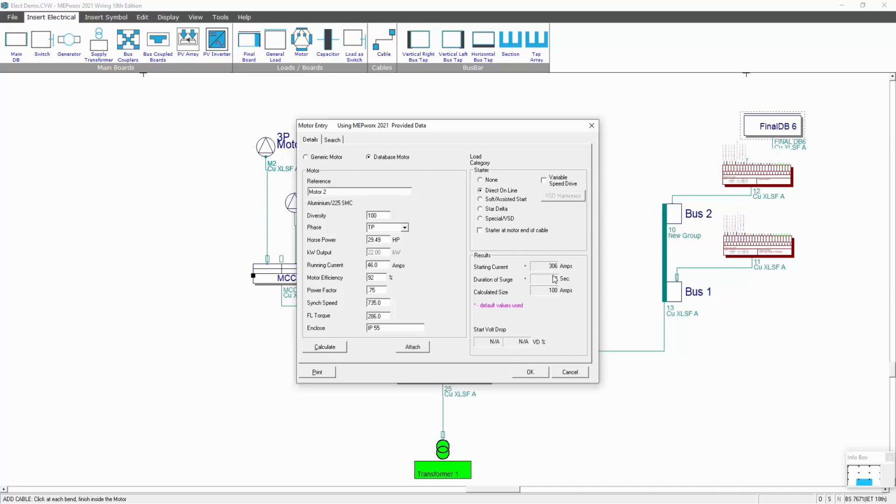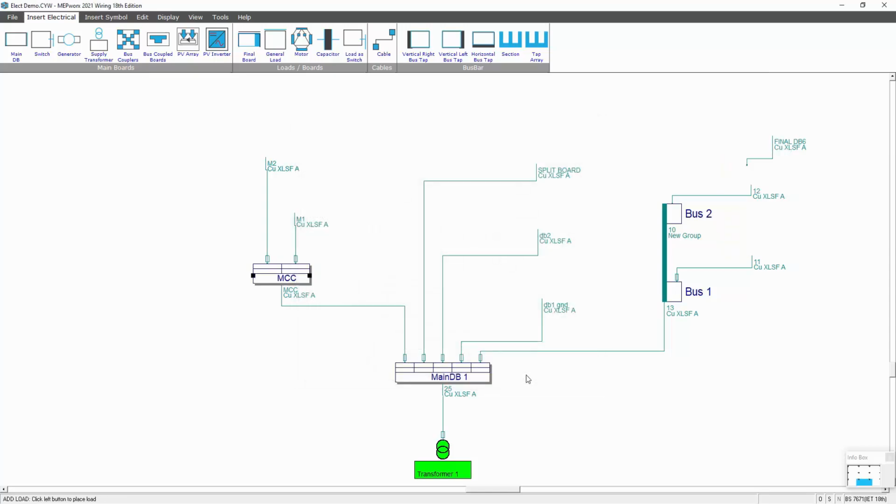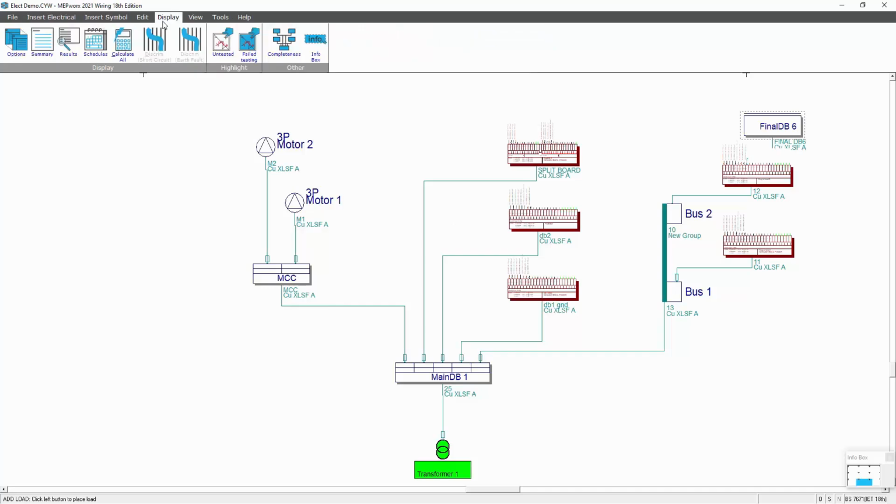So we've got a starting current of 306 amps. What I could also do is put a star delta start in there if I wanted to. And also, by applying the starter at the motor end of the cable, so if it's piggybacked on the motor and not in the MCC, this will give us different results. So when I run the calculation,